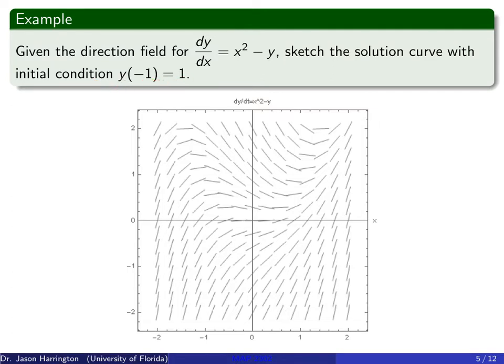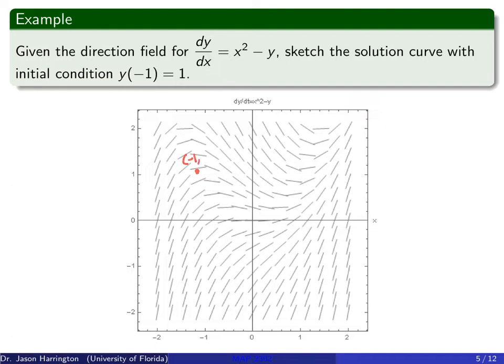So if you look at the actual graph, you'll see that negative 1, here's x equal to negative 1. And then the y value of 1 is over here. This is the y value 1. So they intersect at x equals -1 and y equals 1 right about here. So let me go ahead and put a little dot here, indicating that's where I'm going to start.